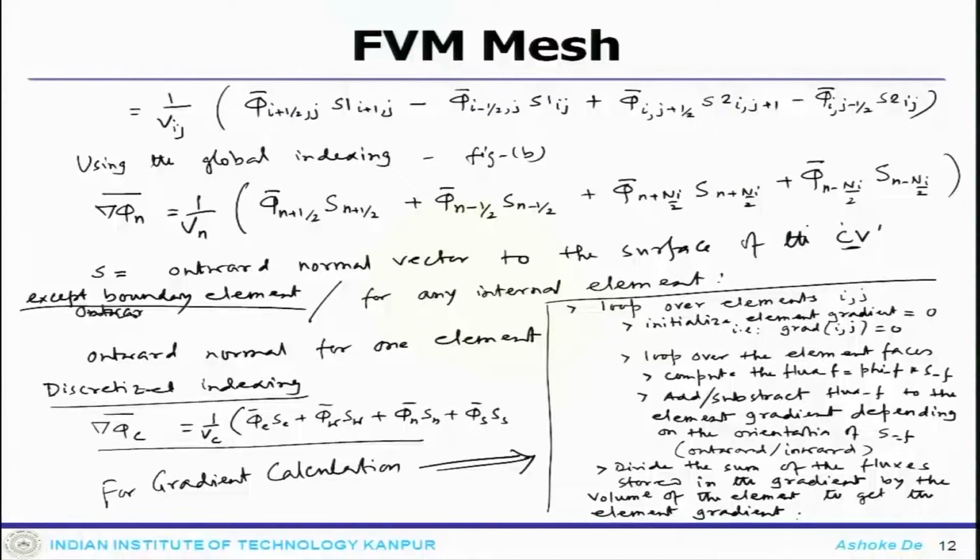If you go over it quickly, essentially you look at the local indexing, then you initialize the gradient, then you look at each face and calculate the flux. As per the sign of the normal vector, or the orientation of the vector, you take care of the proper sign of that flux, so you add or subtract accordingly, and finally you divide by the ambient volume, so you get the flux. That is how it is done for the structured system.